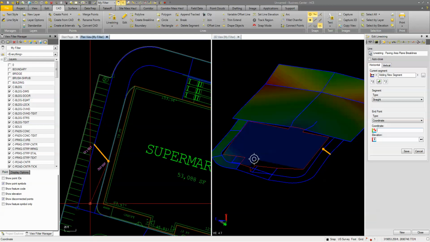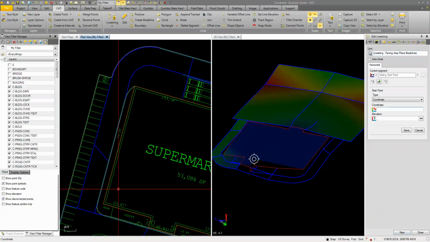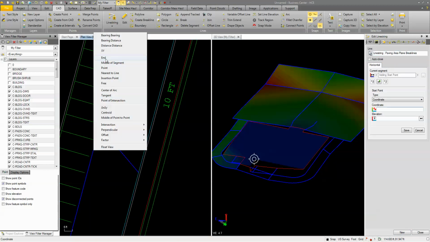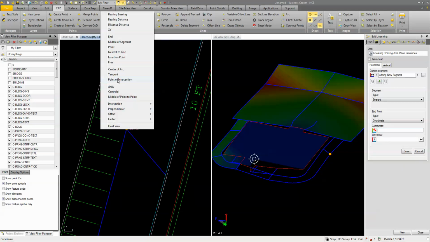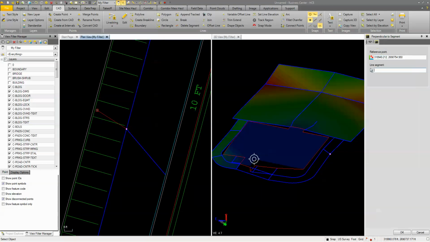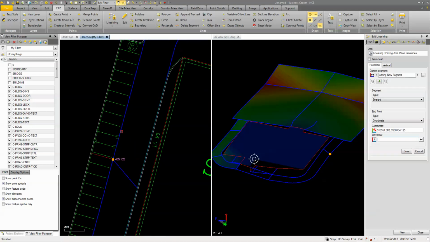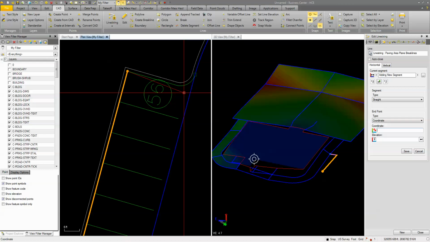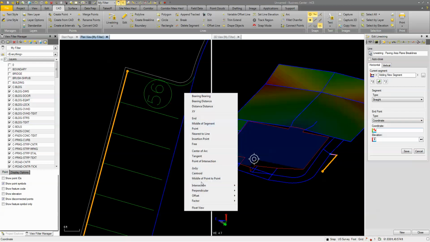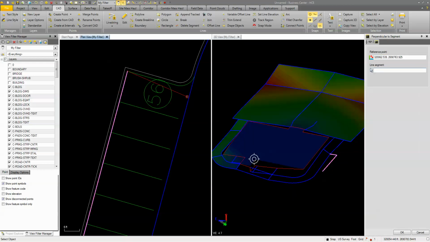Now we'll do this parking area over here. So I'm going to create another new line, and I'm going to go from the endpoint of this, and we're going to go perpendicular to that segment there. We're going to go up 1%, so we're going to go positive 1% to set that elevation. We will snap this point here. We're going to save, no elevation there, and we are going to right click and go perpendicular to the segment here,